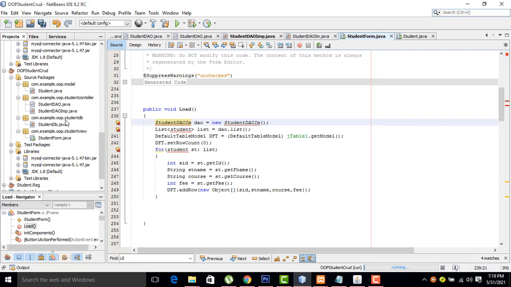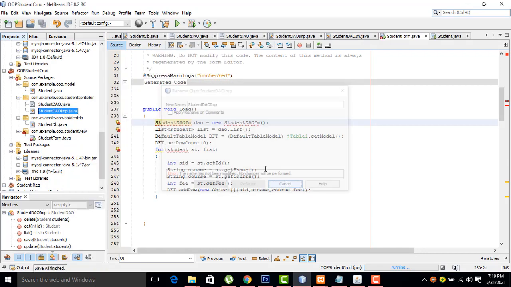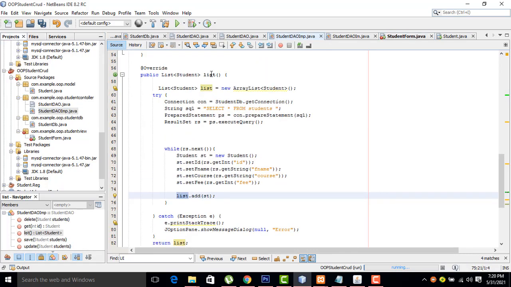This is the DAO. Here the name, what's the name? The name is important. The DAO name we have to put correctly here, then only it will work, right? So the same name, okay. Now here the DAO, so all the data should be coming here. The list means the student list. All the data should be listed, so from here the student implemented DAO data should be coming, from the DAO object. To list all the data, we have to create the list, get the data DAO list. If you call this function, it will go and get this list data, right?